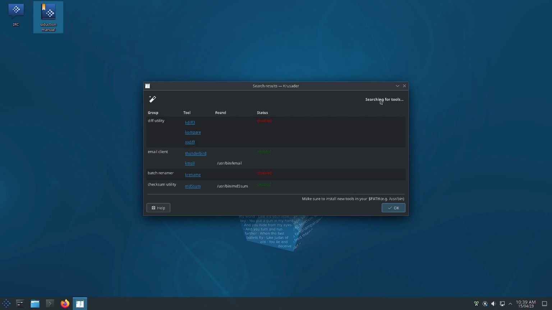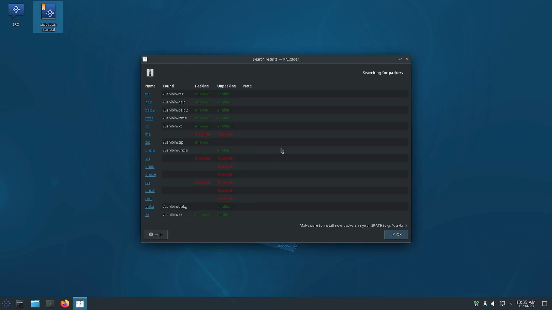It is searching for further tools, but nothing is found. Only these are the different tools that are installed. So now you can enable this from here. And it is also showing the system path to these different tools that are available. Searching for packers, make sure to install new packers in your path. Okay,